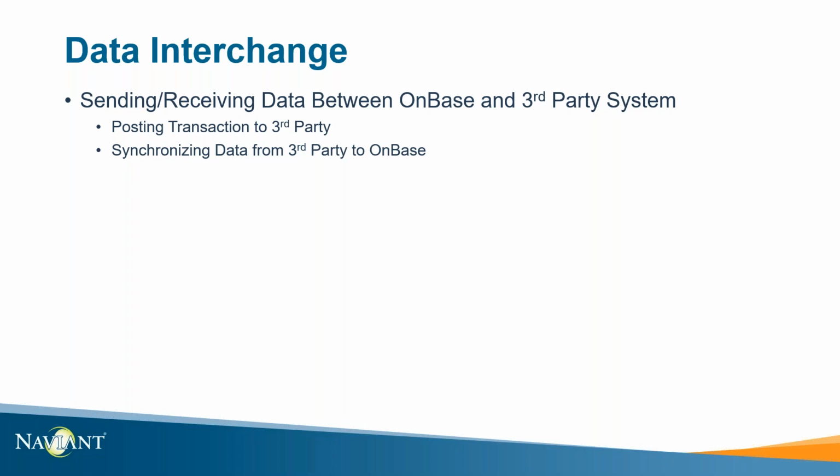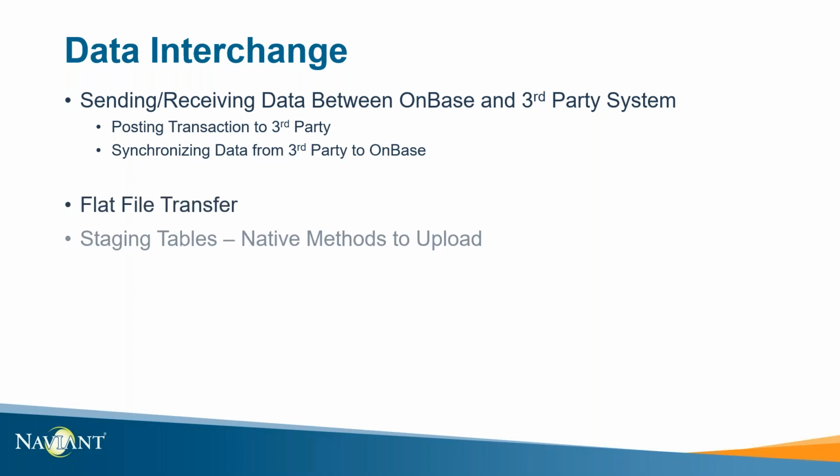Conversely, we may want to take data from a third-party system that does get updated. That third-party system might be the system of record. The data is going to change as time goes by, but we want to make sure that that data is synchronized with OnBase. We can send that data to OnBase to update OnBase keywords so that now all of that information is searchable, findable based upon the same metadata that we have inside of our line of business system. And there's a variety of different ways for how we can address that data interchange.